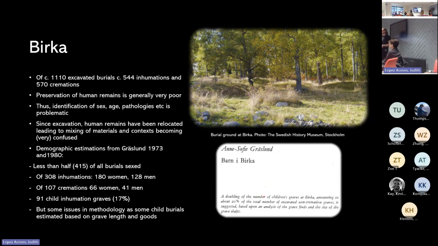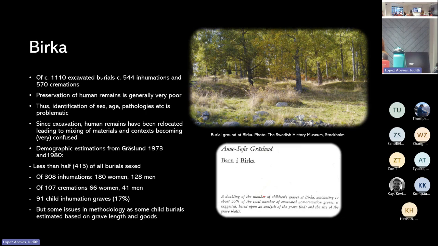Having just been to Sweden to look at them, it's an absolute car crash, and it's really, really sad. You find animal bones in bags that should be children. You find all sorts of stuff. It's awful. But the demographic estimations from Birka suggest that there are predominantly women amongst the population there, but there were